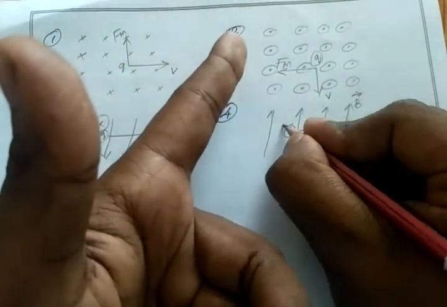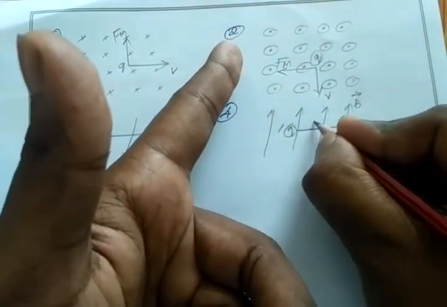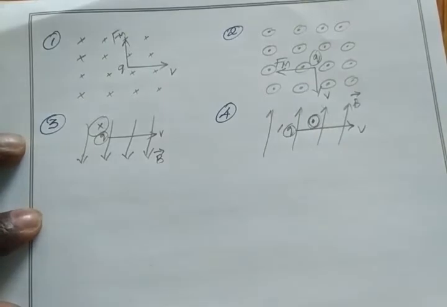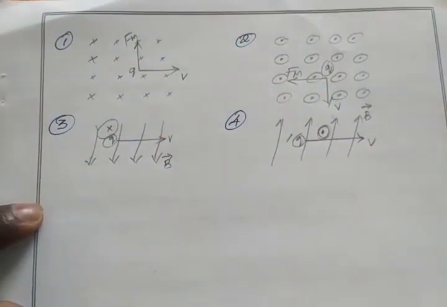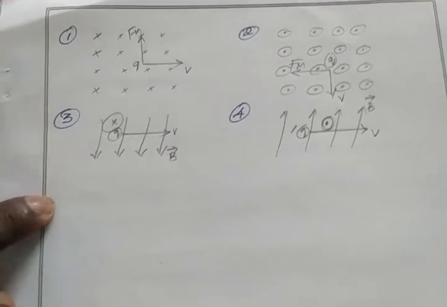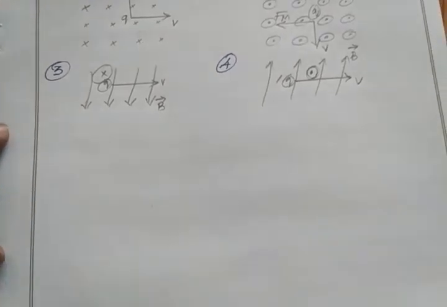So this charge will come outwards. Outwards, I have a dot. Okay, this charge is coming outwards, so the magnetic force is a dot force. Clear? You try it yourself. You can understand. If you have any doubt, you can ask me. Okay? So then the third method, right hand palm rule.